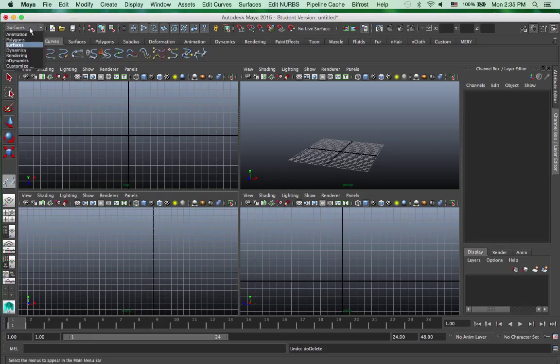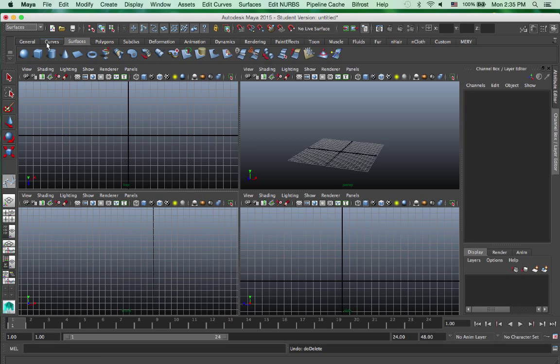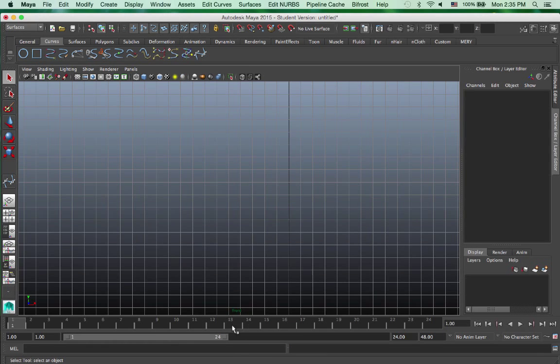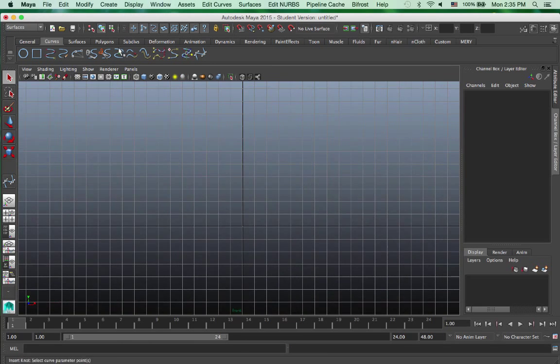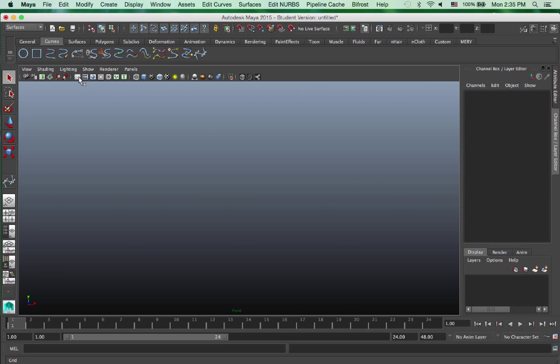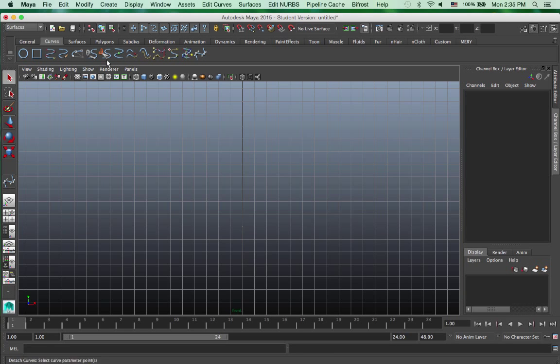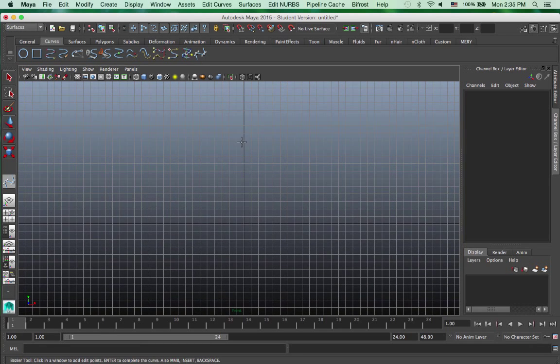In this tutorial, I'm going to use curves and surfaces to create geometry, NURBS geometry in particular. So I'm in the curve shelf, and I'm going to create a Bezier curve. I use the grid as a guideline, and in the front viewport, I can left mouse click and let it go. That creates a corner point.